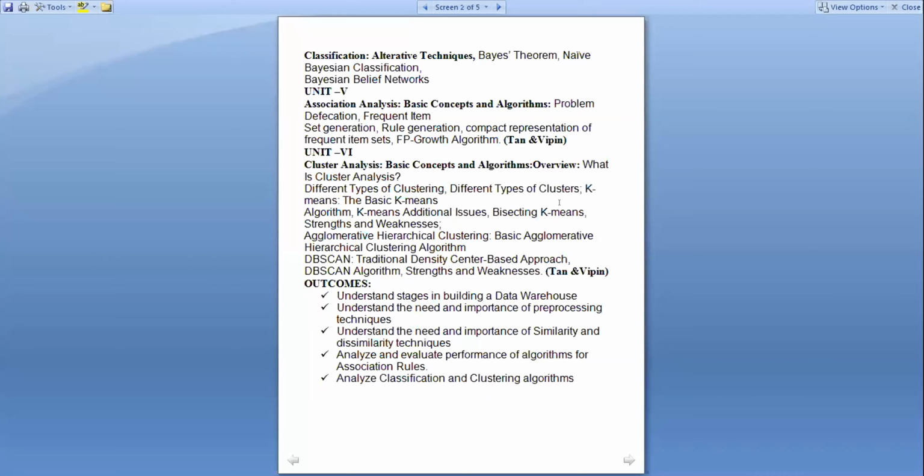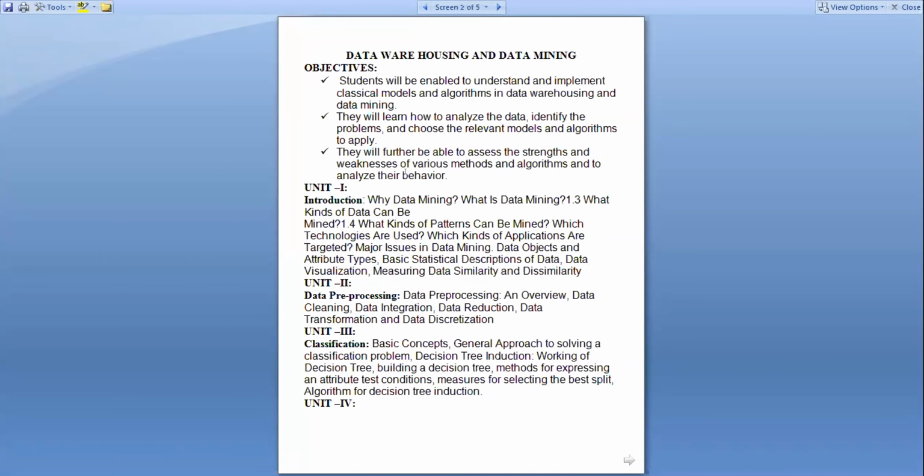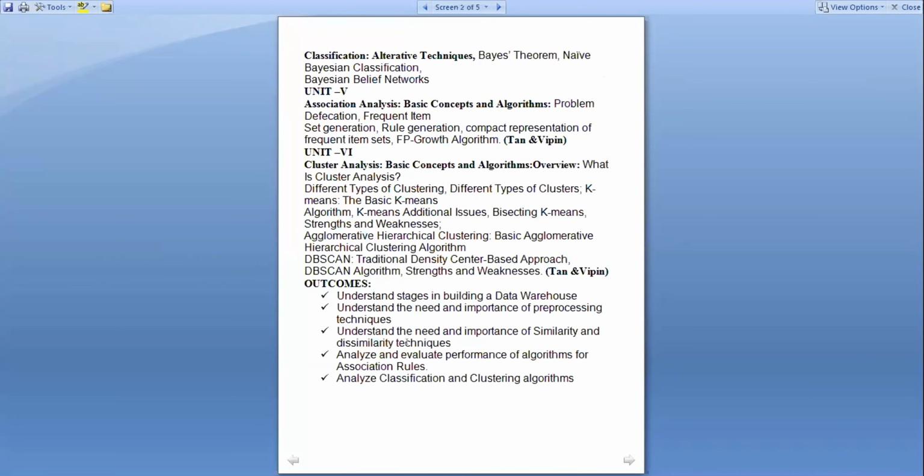Good morning, students. So far in the last class, we discussed the FP growth algorithm and how to construct the FP tree. These are the concepts we completed in the last class. Now let us revise the syllabus. We discussed the introduction to data warehousing and data mining, data pre-processing, classification and classification alternative techniques,